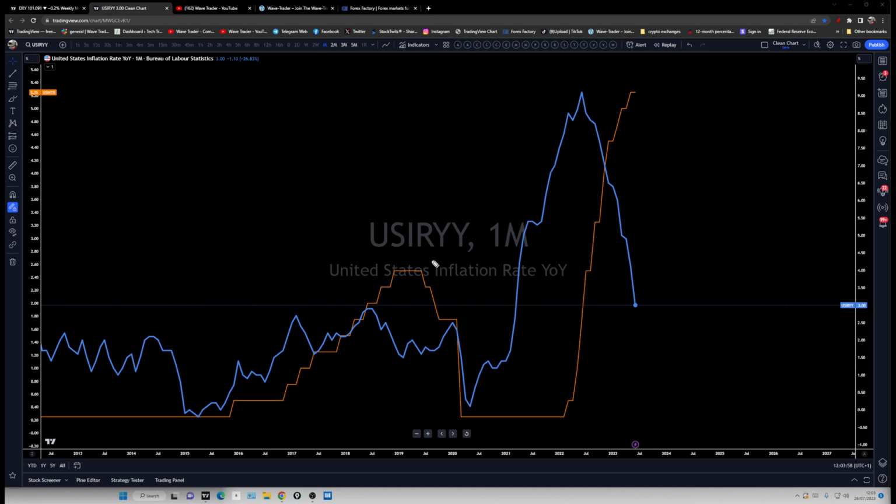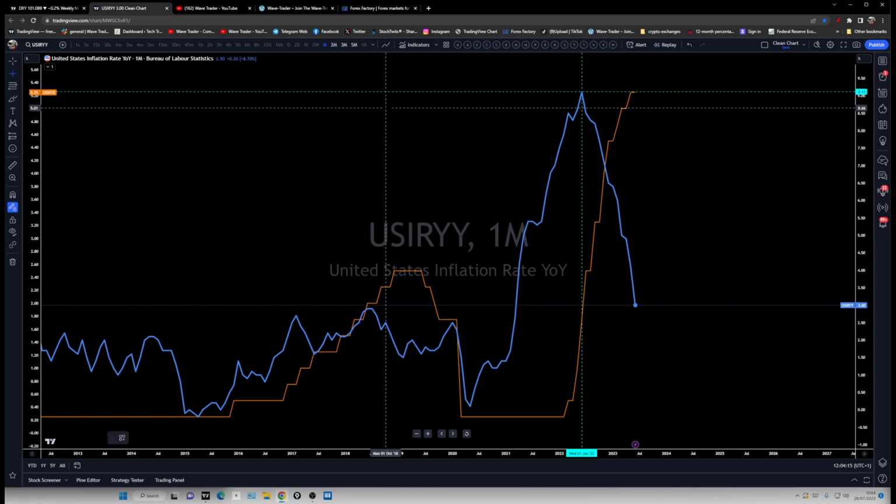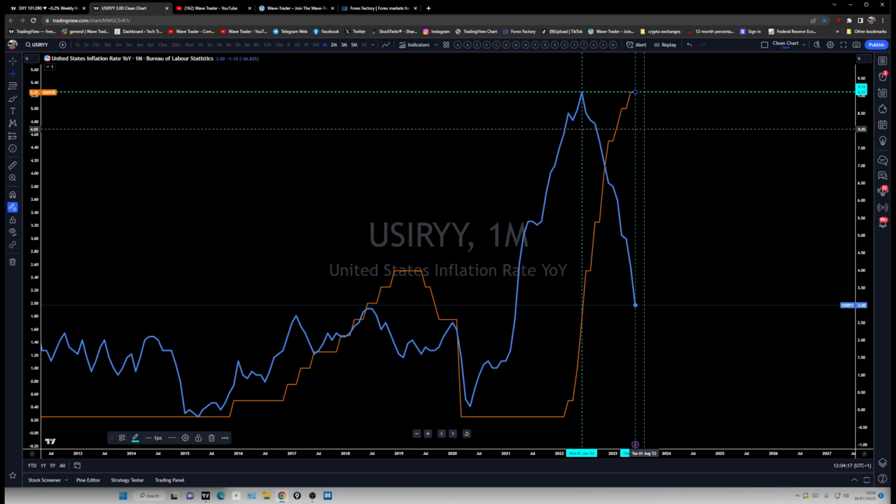All right. So the inflation rate and the Fed funds rate. There we can see the inflation peaked. If I pull out cross lines,